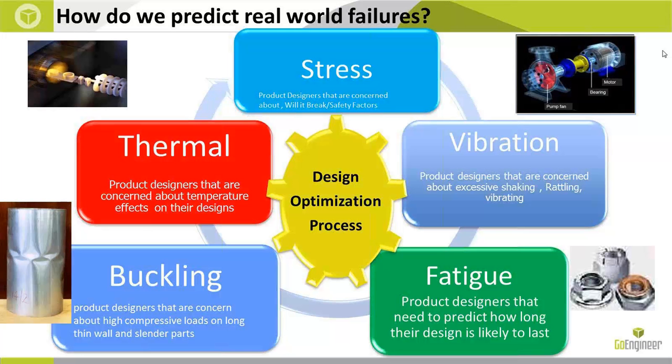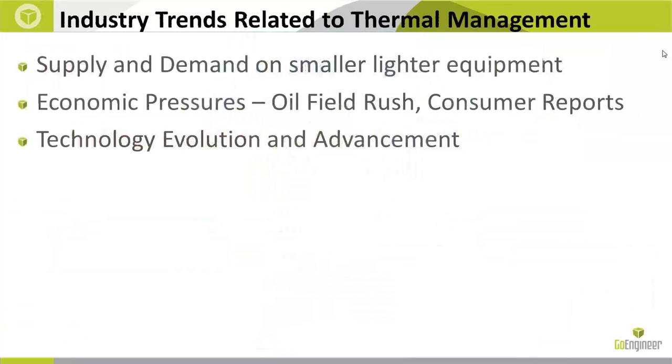Using goals from these 5 failure modes to understand where can I reduce material, how can I make the design lighter but still maintain strength, how can I make the design more optimized to considering heat transfer or vibration effects. So all of that is how we predict real-world failures. Now, I'm going to spend some time talking about these failure modes so we can really understand how they drive